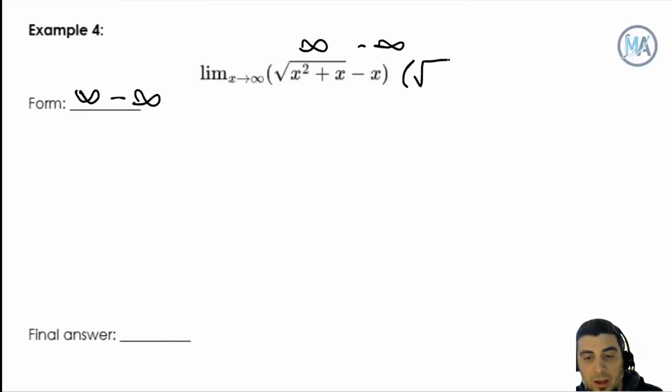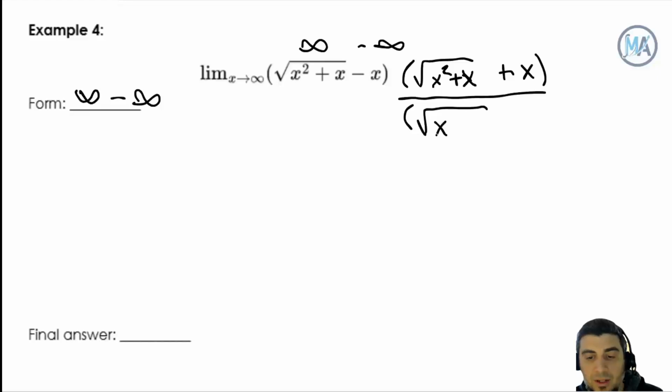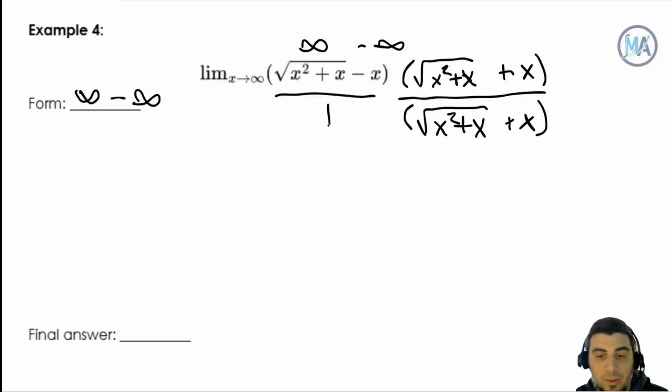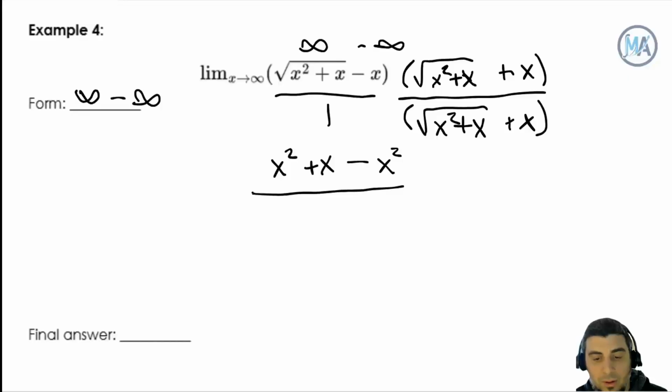Remember, the conjugate is changing the sign between the two terms, so it'd be plus x. But since I multiplied by the conjugate, I have to also divide by the conjugate, like that. And the strategy here is that when you multiply by the conjugate in the numerator, when you FOIL those out, you get the first term squared, which is just x squared plus x, minus the last term squared, minus x squared, all over. Notice the x squareds are going to cancel here,